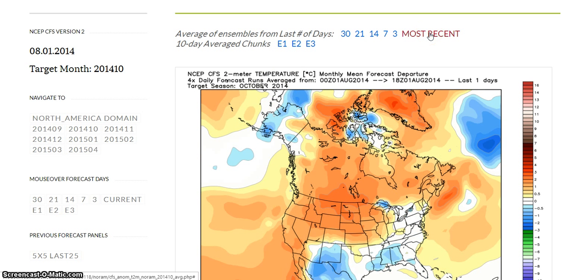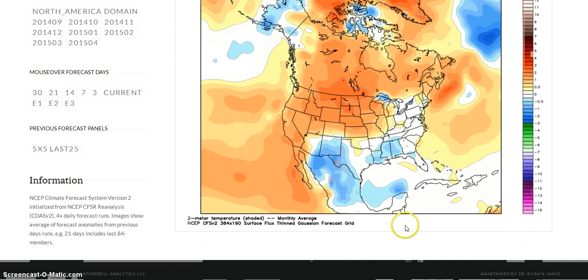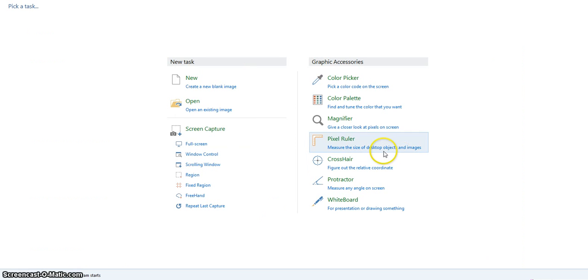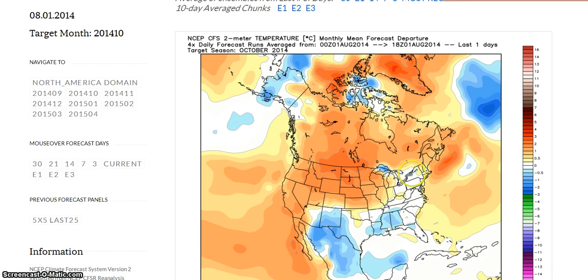But if you look at the most recent October runs, we could be looking at below average to average conditions in here. I do see a bit of a confused pattern. That's what I like to call it. This is what I don't like about this, and what makes me feel like this is going to change, is where you see the cold air kind of come like this a little bit. As far as the United States goes,